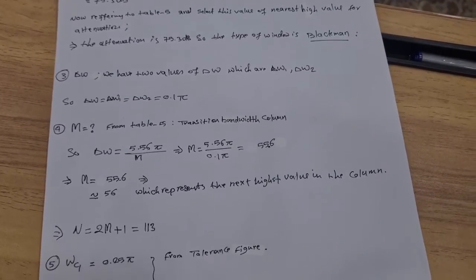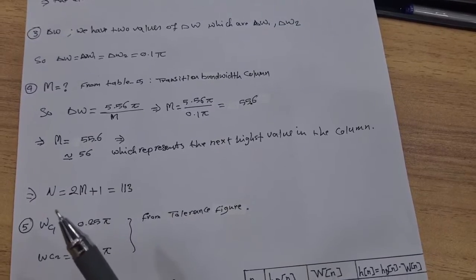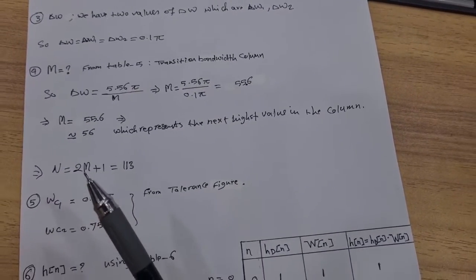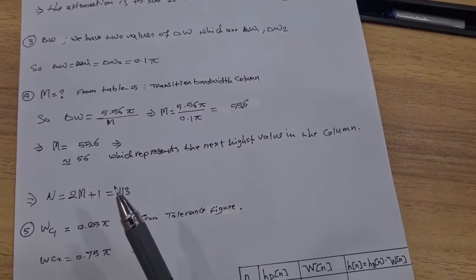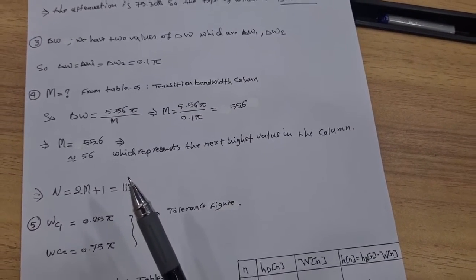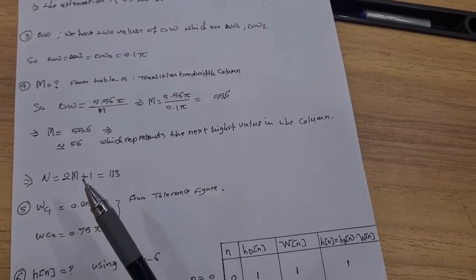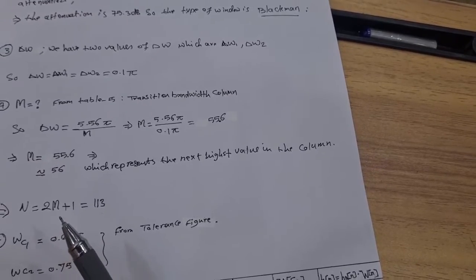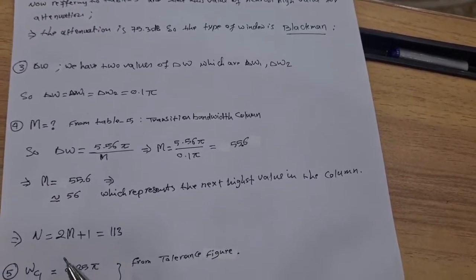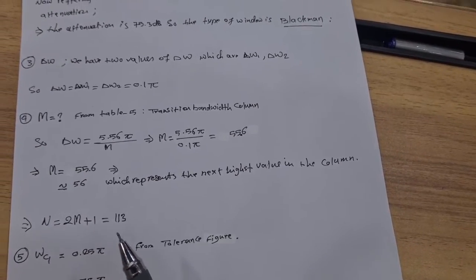Okay, so the N value, which we will use in the equations of HD of N. To calculate HD of N, we need the N value, which is 2M plus 1, equal to 2 multiplied by 56 plus 1, equal to